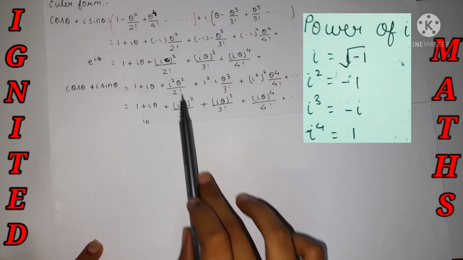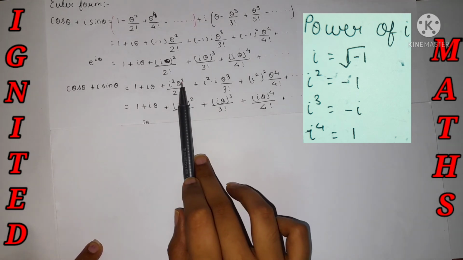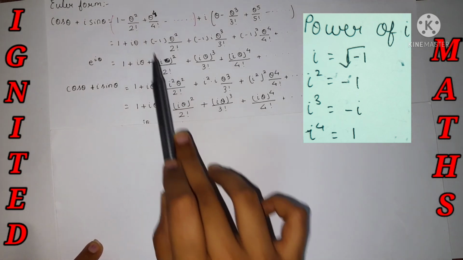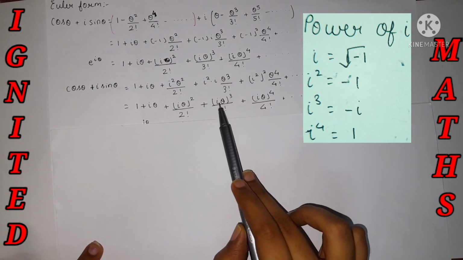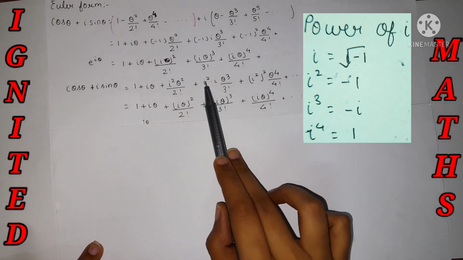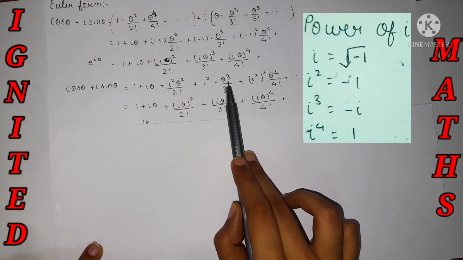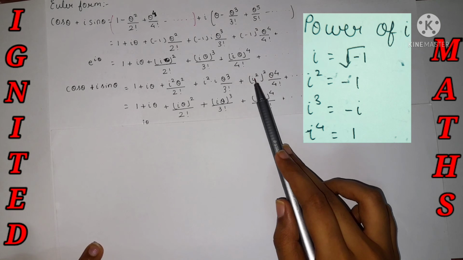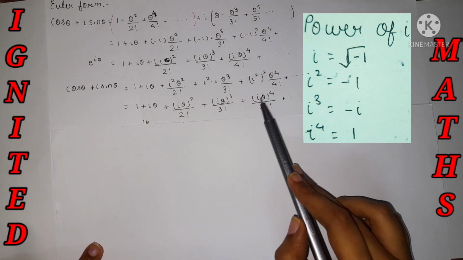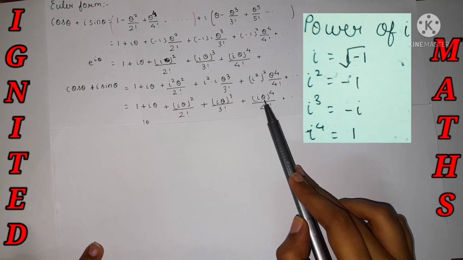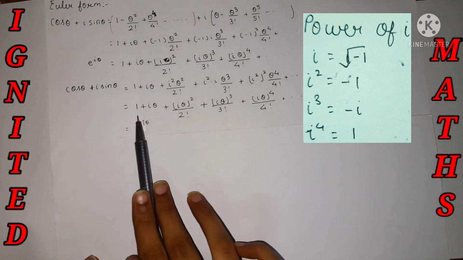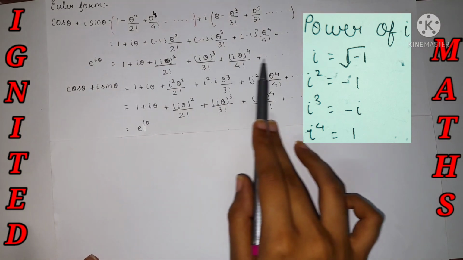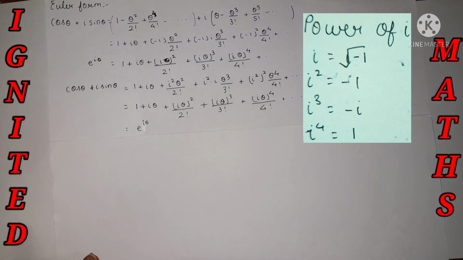It's nothing but absolutely the same. i square into theta square, and i square value is minus 1. It's absolutely the same. And over here, i square into i is nothing but my i cube. So i theta cube is nothing but i cube times theta cube. And i raised to 2 into 2 is 4, so i 4 into theta 4 is nothing but i theta raised to 4. The expression I have determined is absolutely the same, and it's nothing but my e raised to i theta value, the expansion of e raised to i theta.